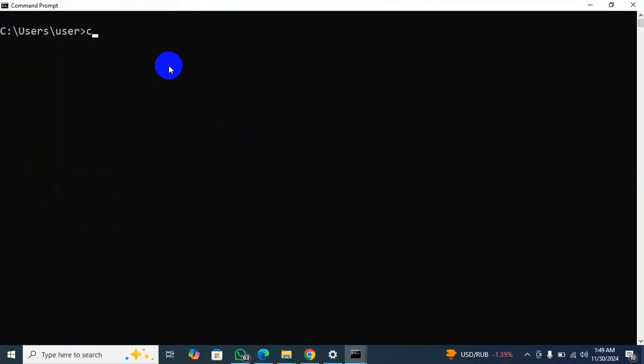So to change the color, right here type color and the number 2. The 2 means this color you can see here. So to find out all the connected Wi-Fi,